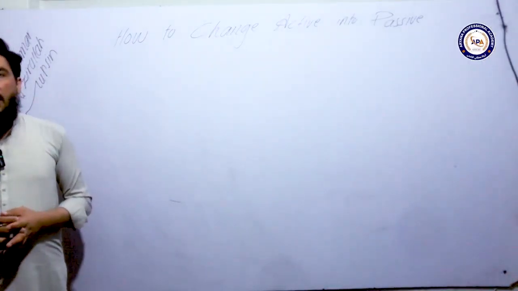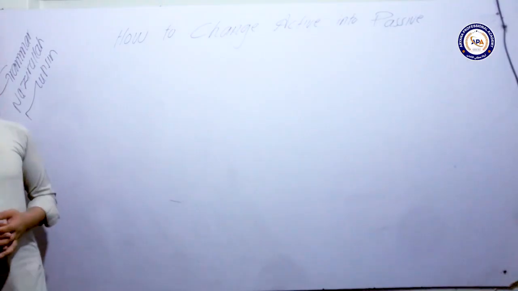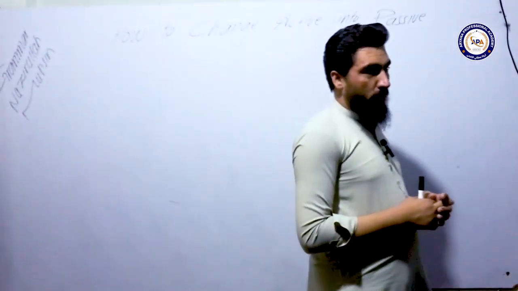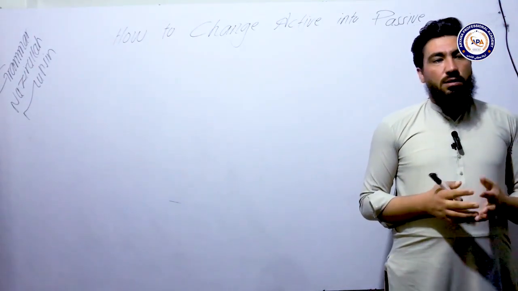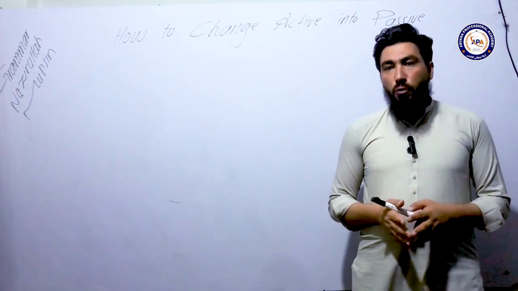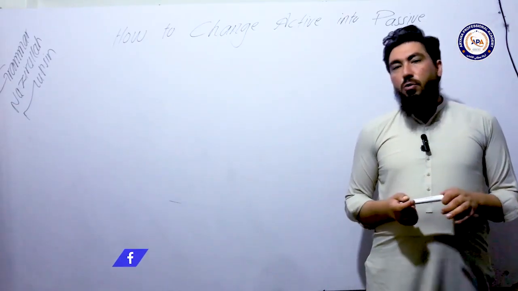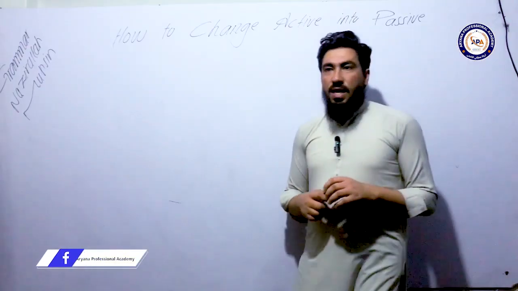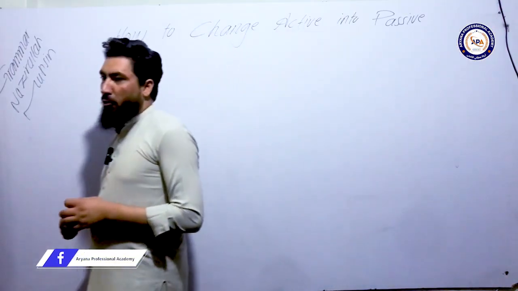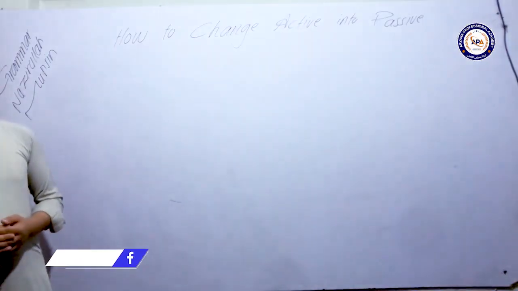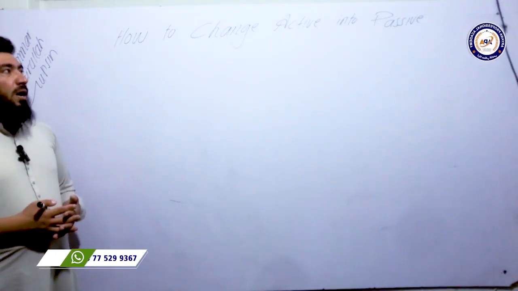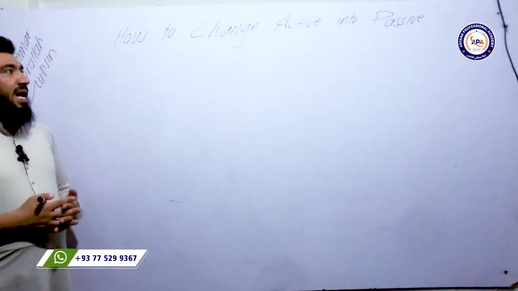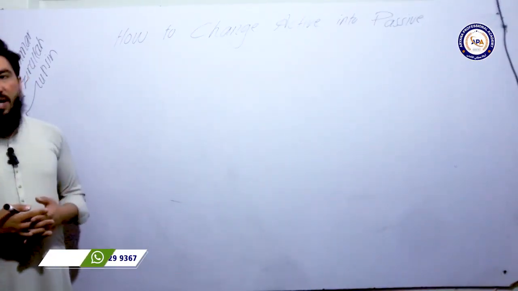There we mentioned almost four reasons: when the doer of an action is unknown, when it is known but you don't want to mention it, when the doer is known but not more important than the receiver, and when something embarrassing happens. Also, passive voice is more formal than active voice. So now we're going to study the steps of how an active sentence can be changed into passive